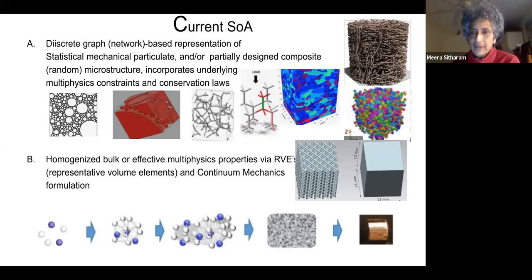I'm using the word micro not to mean micro scale in the sense of micron, but it could be nanoscale or whatever. You have some statistical mechanical model, it could be atoms, or it could be at the level of particles. That is essentially already particulate: there are small discrete interactions which are then averaged out statistically. And then you have,